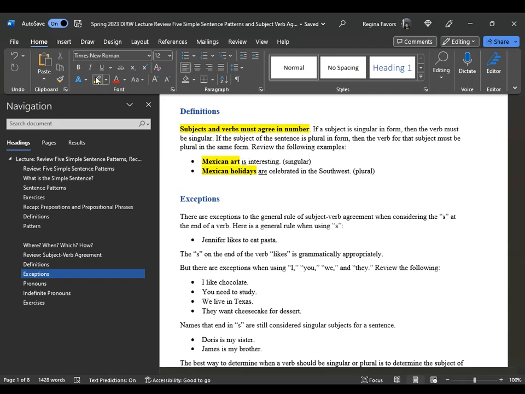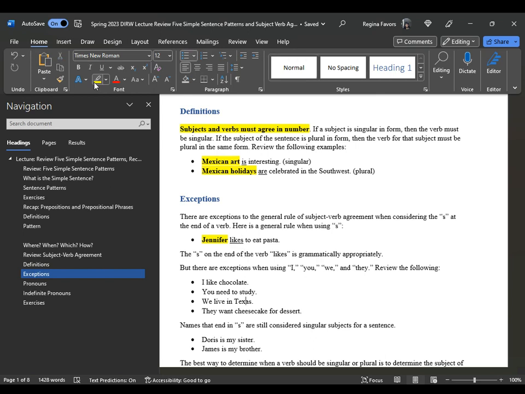So, there are exceptions to the general rule of subject verb agreement when considering the S at the end of a verb. Here's a general rule first. Jennifer likes to eat pasta. Jennifer is considered singular, right? And then likes at the end is the singular verb. The S on the end of the verb likes is